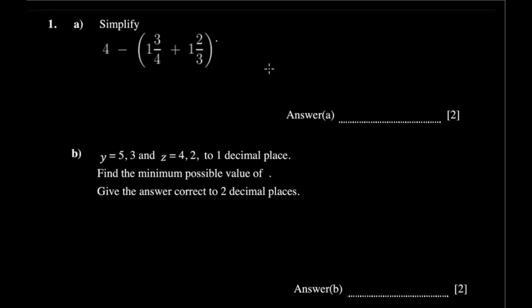B's for both videos. Okay, so the first question asks you to simplify 4 minus, and then you have open bracket 1 and 3 by 4 plus 1 and 2 over 3. Okay, so here the trick was in the brackets. Whatever sign is outside the bracket is supposed to be distributed within. So I advise you to actually do this in one step. So the first step, just distribute in. So you get negative 1 and 3 over 4 here, and then this one you get negative 1 and 2